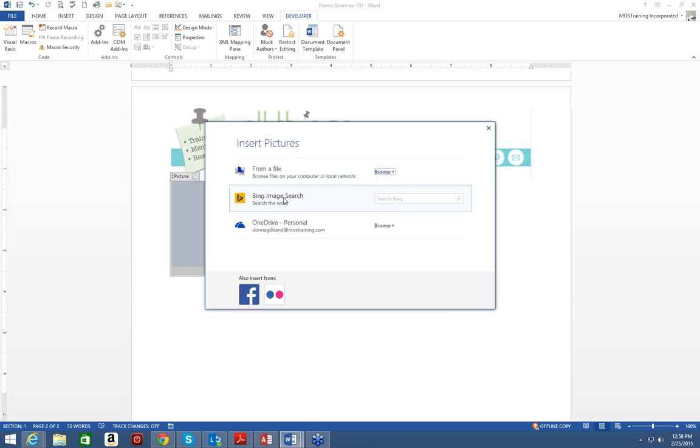As a side note on bringing in images from online, just always make certain that they're royalty-free, that there's no copyright associated with them. But the main point to this is inserting a control to give someone quick access to inserting a picture